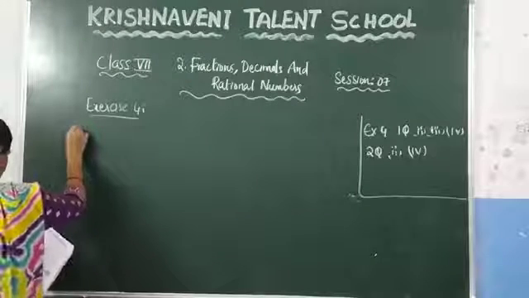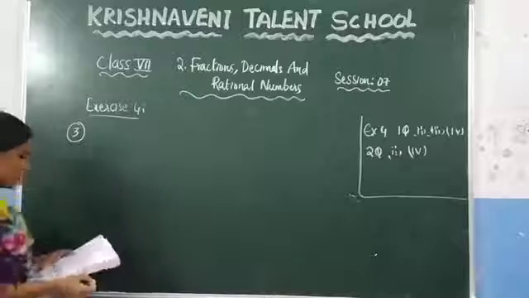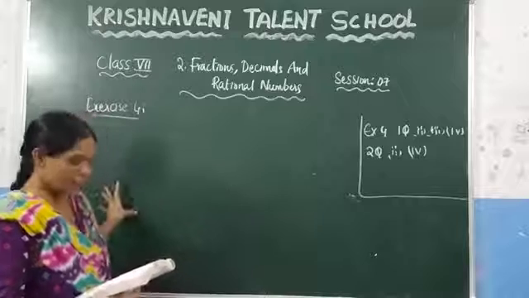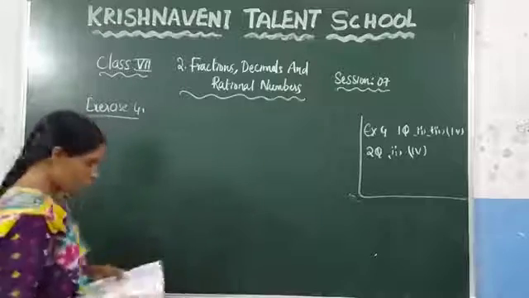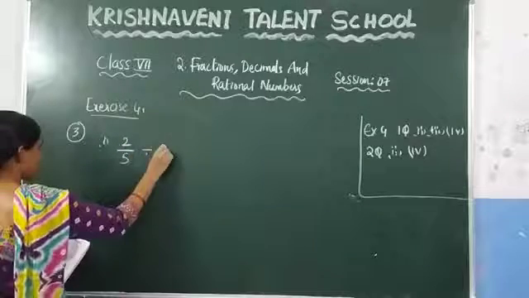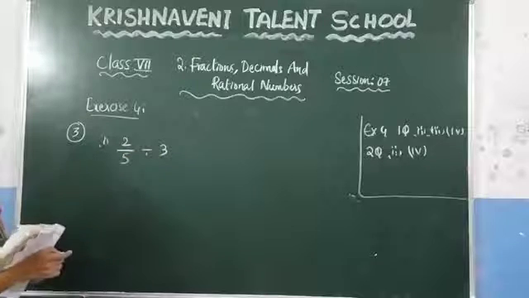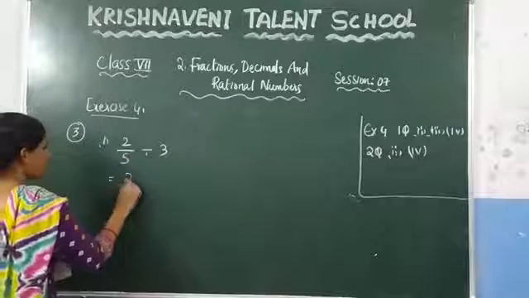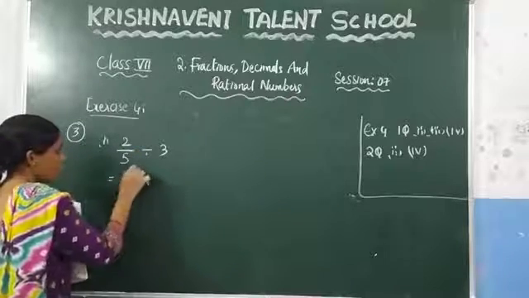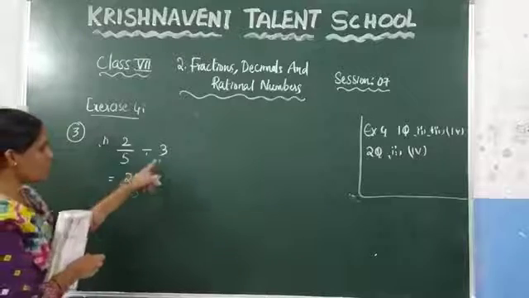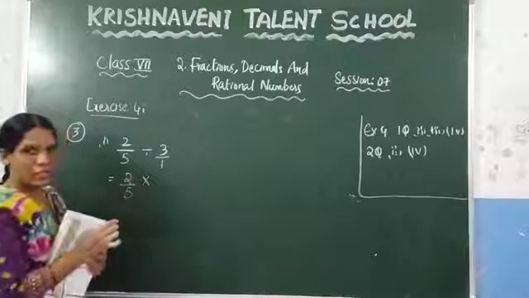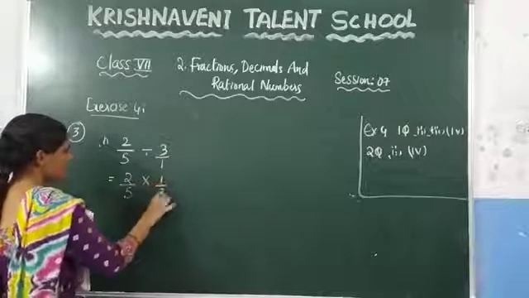What's the third question given here? Find. In the previous question they gave a whole number and a fraction. In this question they have given a fraction and a whole number. How do you solve this one? In that, the first question they have given is 2 by 5 divided by 3. They have given a fraction and a whole number. So how do you solve this one? First, write the first number as it is, and after that, in case of division, keep multiplication. If you are keeping multiplication, you need to write the reciprocal of this one, and you know that you can write 3 as 3 by 1. Anything is the same. What is the reciprocal? Which is 1 by 3.